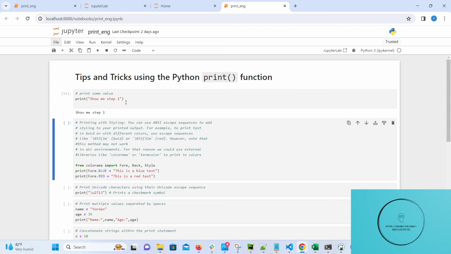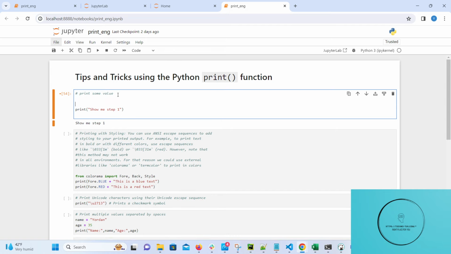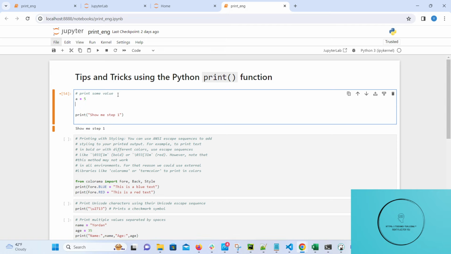In the first cell, I just print a message. Let me explain a little more regarding the use cases with one example. If we set up a parameter a equal to 5, b equal to 10, and we want to have a result that is equal to a plus b, what does this code do?